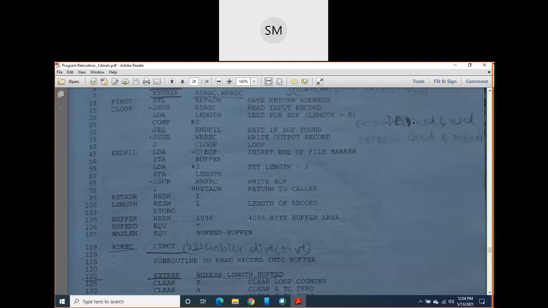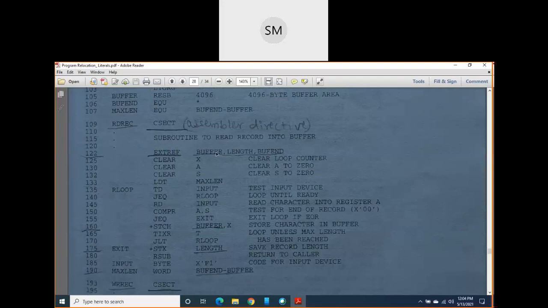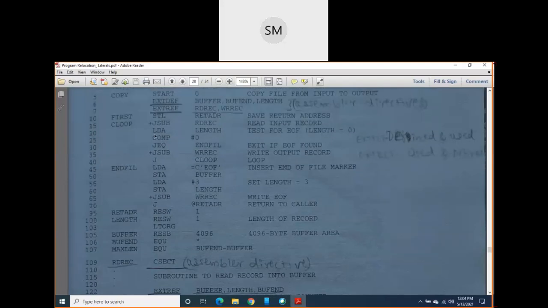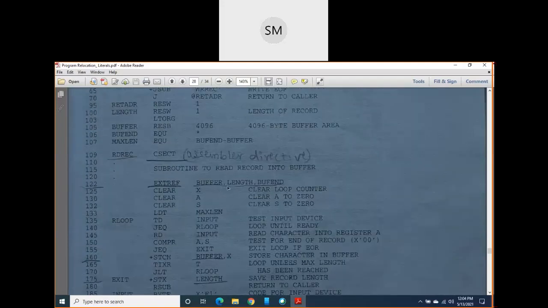In external definition, symbols are defined and used elsewhere, but in external reference, they are used and defined elsewhere. So buffer, length and buffend are used in this control section, but they are defined in copy. To make it clear to the assembler or loader, we are using these external definition and external reference assembler directives. I hope you understood now.